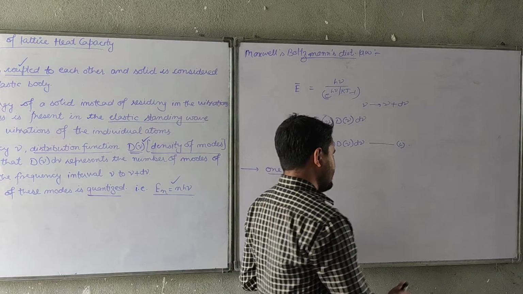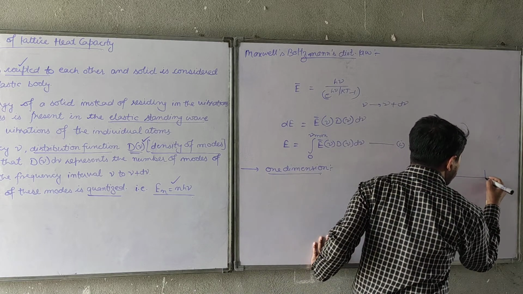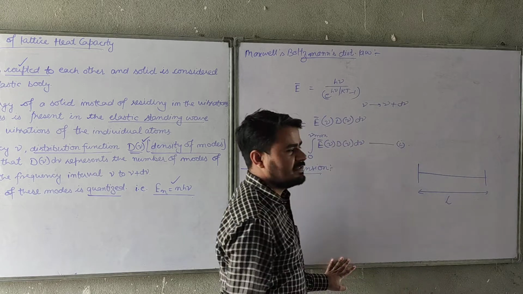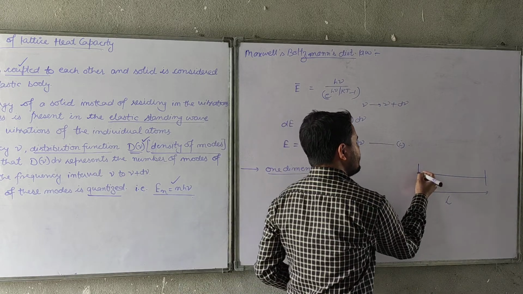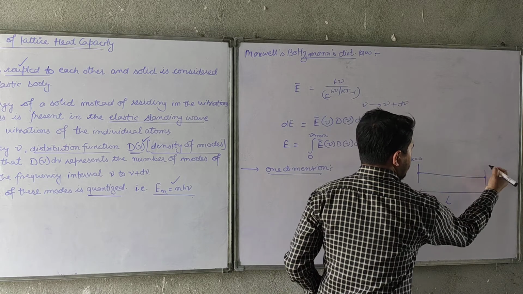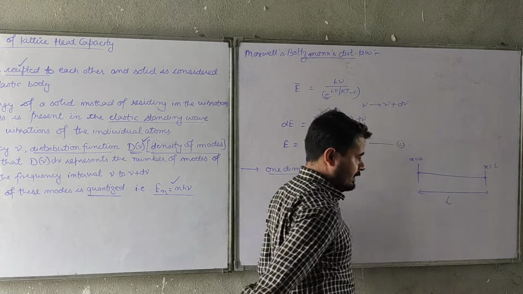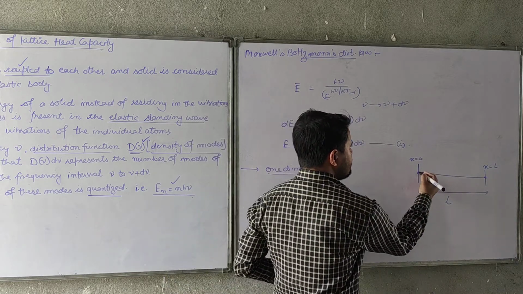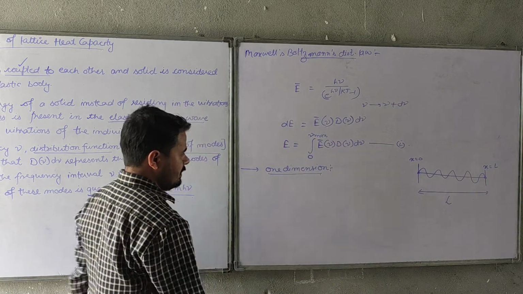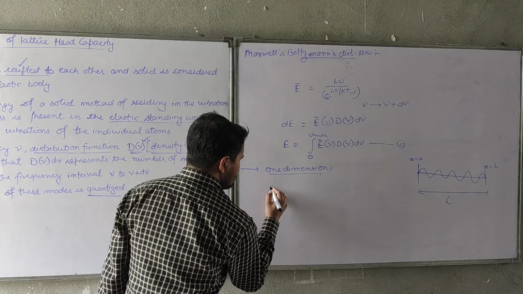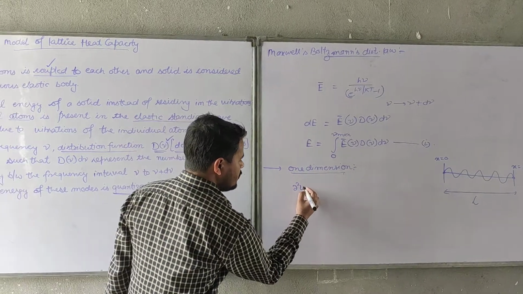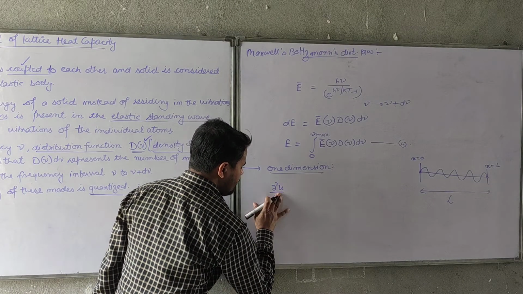For this, we take a string, and let us suppose that the string has a length capital L, which is bound between two boundaries, that is at x equals 0 and at x equals L. In these boundaries, the string has some vibrations, that is number of modes. For this, first of all, we take the equation of string for one dimension, that is del squared u by del x squared